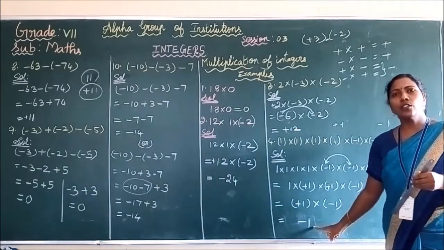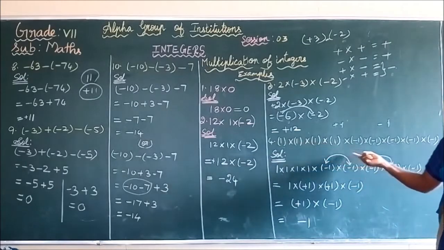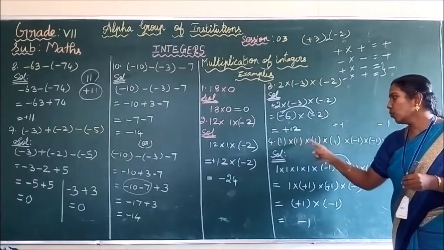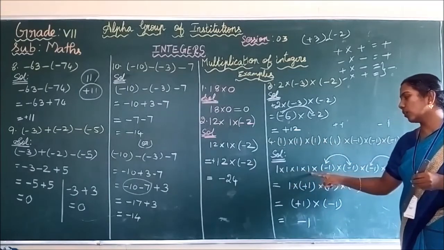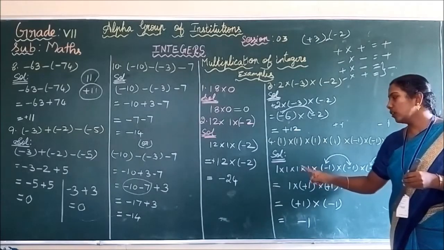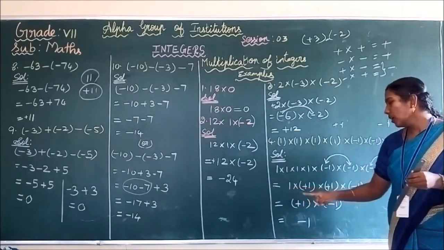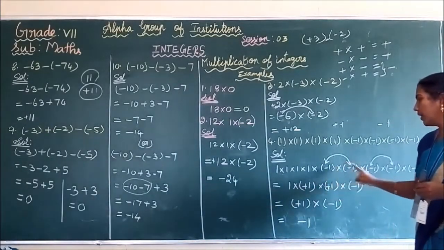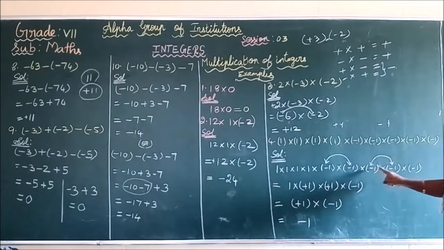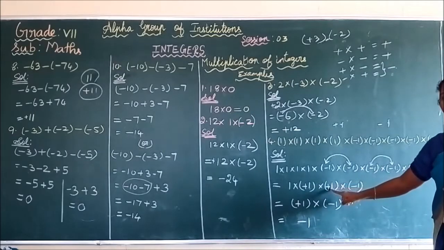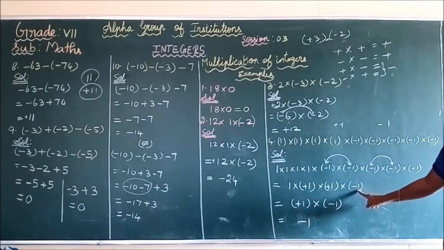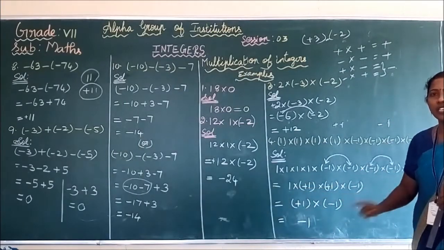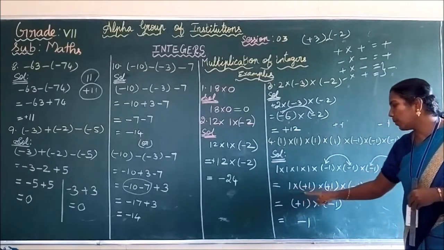See here, you still do not have the proper understanding of this concept. That's why we are doing this step by step. See here, 1 into 1 into 1, that is, we are multiplying 1 four times. 1 into 1 into 1 into 1, you get 1. By taking minus 1 into minus 1, you get minus into minus plus, 1 into 1, 1. Taking this one, minus into minus plus, 1 into 1, 1, plus the last minus 1. Is it clear, children? Now these 1s are in the operation of multiplication, not addition, not subtraction. Now we are going to multiply these 1s.